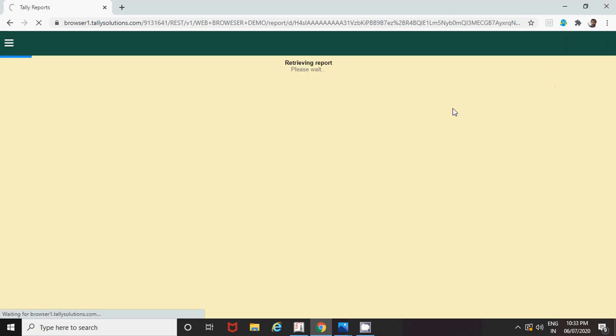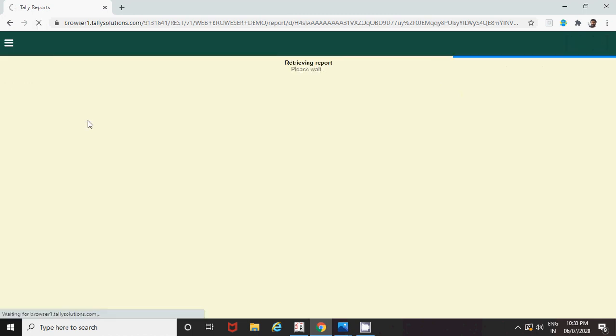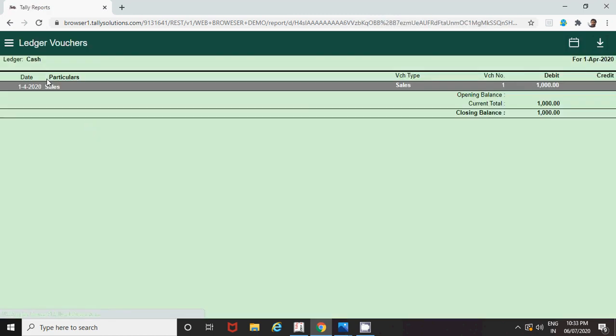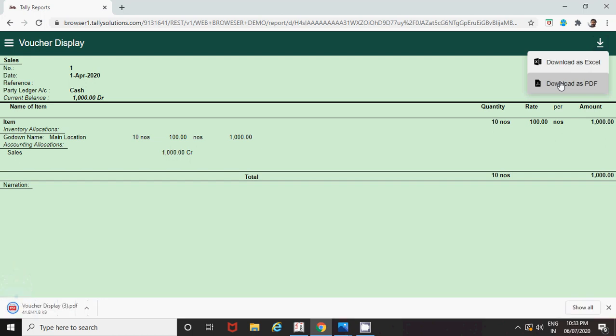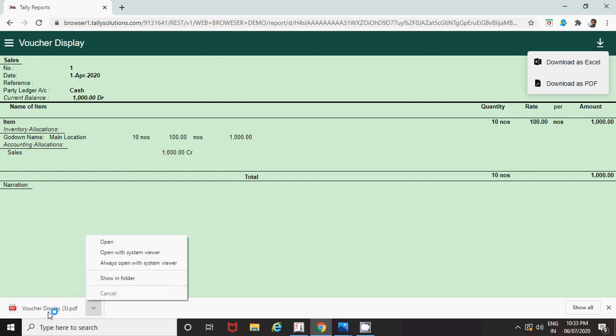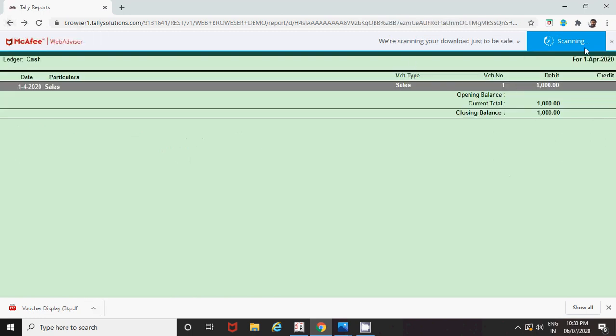You will be able to view the actual invoice also. Yes, you're listening right. For the month of April, I'll press enter on this. A particular sale transaction is being done for this particular cash ledger. I'll press enter on this also, and then whatever you see is the actual invoice. If I want, I can download this in PDF or Excel format, and the same download can be sent to your customers, or your auditor can always view this. Okay, now this can be opened in your voucher, that is your normal voucher format of Tally, right?